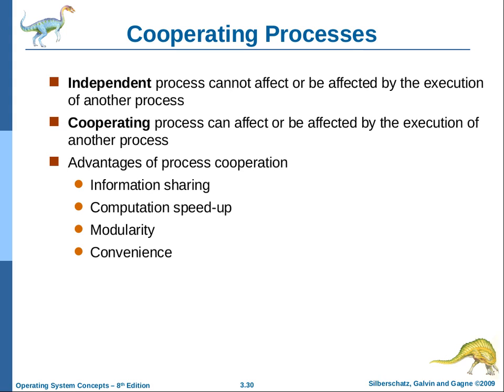So, cooperating, we talked about this. Independent processes don't affect each other's execution; they do their own work and ignore each other. Cooperating processes actually interact, usually through shared memory or message passing. Why do we do this? It gives four reasons, but the main reason is computational speedup. Although convenience has become a bigger and bigger thing nowadays as tools for multiprocessing have become really good, or very mature, I should say. Sure, modularity too, but that can be achieved other ways.